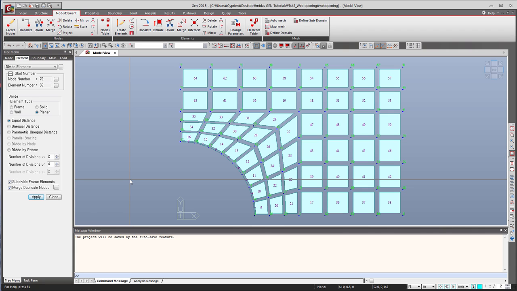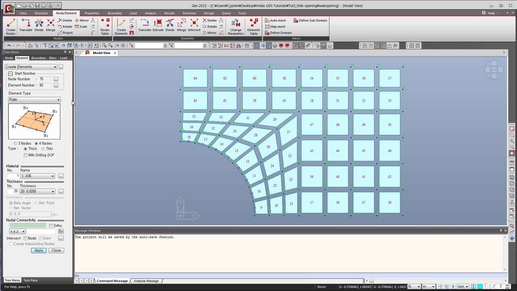Okay, now let's create some beam that I will use to extrude a plate in the perpendicular direction to this plate. So I will generate the stiffeners, horizontal and vertical like that, and the flange. So let's go into element and create element. This time I'll use general beam, tapered beam, and so for the section I'll use